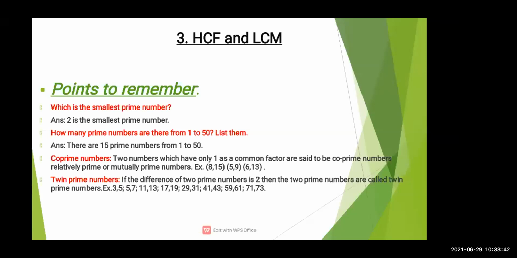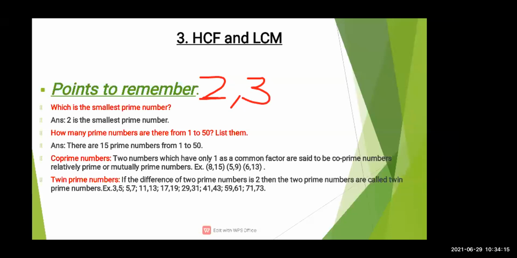Now you are going to tell me the numbers which are prime numbers from 1 to 50. Whatever you tell me, I'm going to write it down, and afterward we will count exactly how many prime numbers there are. The first number you have given is 2. Very good. After 2, 3, because 3 is coming in the 1 table and its own table.